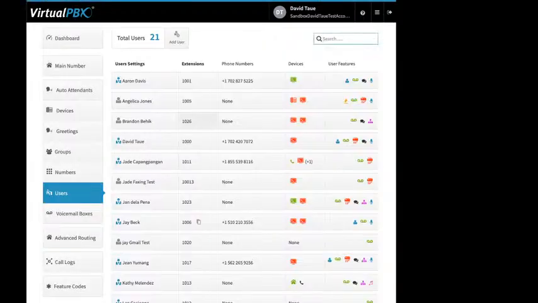Next up, we've got users. This shows all your users on the account. A little blue suit icon means that's an admin, a system admin. A little gray person icon means that's just your standard user. So any admin can be doing all the things we're talking about today. If you click on add user,